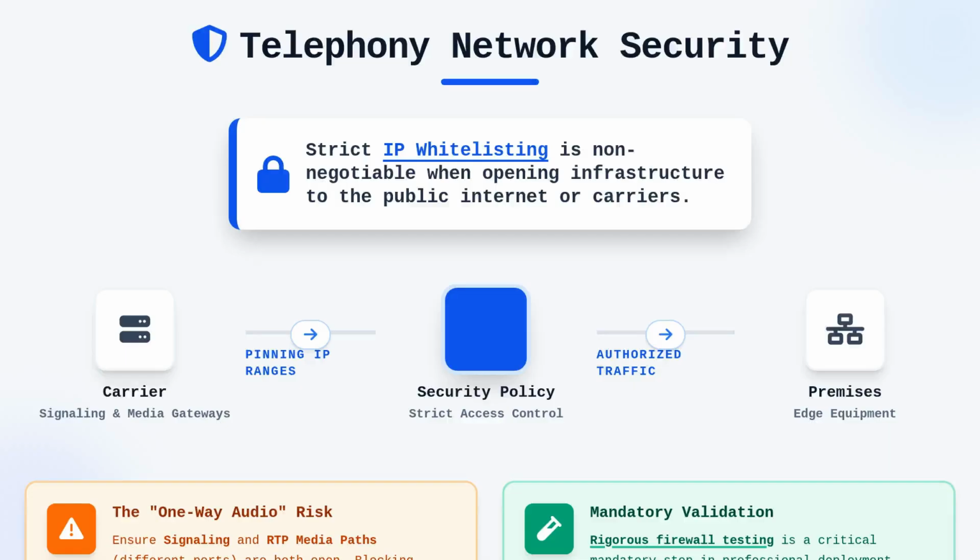Network security cannot be ignored when opening your telephony infrastructure to the public internet or peering directly with a carrier. You must implement strict IP whitelisting on your firewalls to ensure that only authorized traffic from your carrier reaches the edge or your premises-based equipment. This means knowing exactly which IP ranges your provider uses for their signaling and media gateways